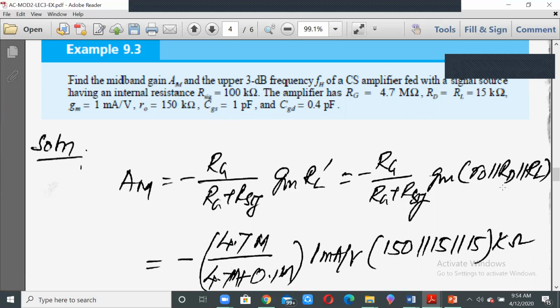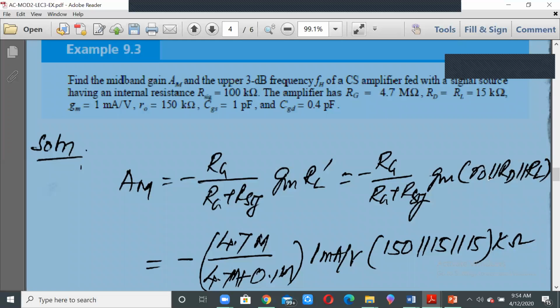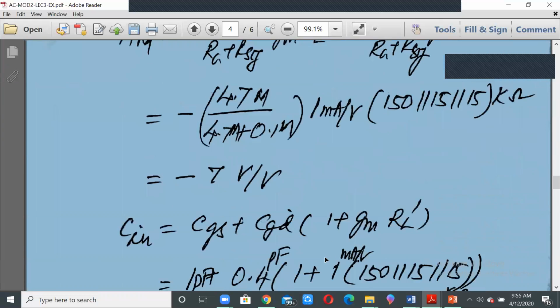Now this RL dash we have written as ro, Rd and RL, all the three in parallel to each other, because ro is given here, Rd and RL are also given here, so therefore we have got all the three. Say if ro was not given, then we need not bother about this ro. So we can just substitute those values: 4.7 meg, 4.7 meg, 0.1 meg, and 1 milliampere per volt for gm, and the RL dash value, that is 150K parallel with 15, 15 parallel with 15. All this is in kilo ohms, and kilo and milli will cancel, and hence we will get the value as minus